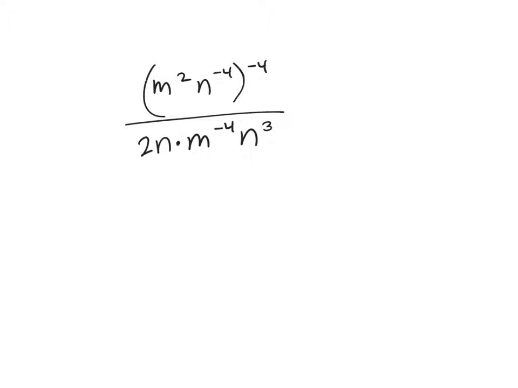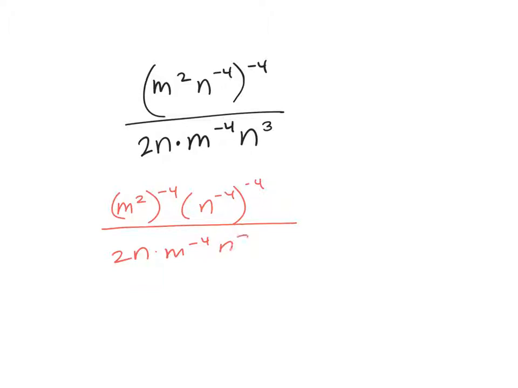So the first thing I'm going to do is write this out as m squared to the negative fourth times n to the negative fourth to the negative fourth. That may be a step that you might not always need to write. But once I've done that, I can remember what my property says. A power to a power means I'm going to multiply these. And so that gives me m to the negative 8th times n to the 16th